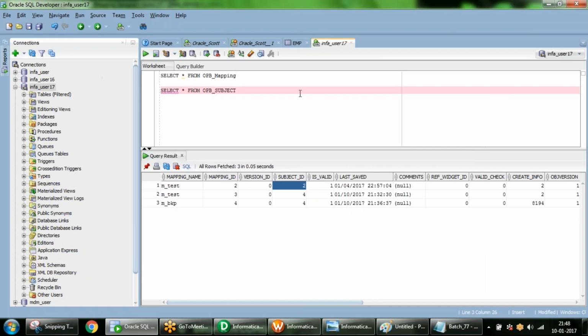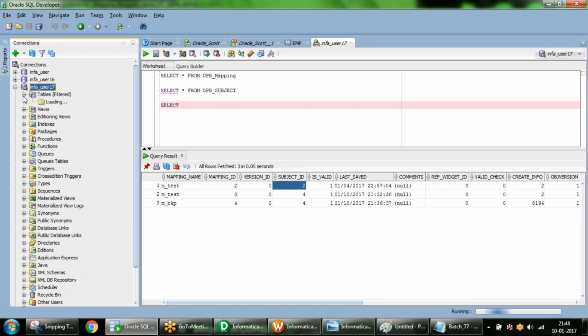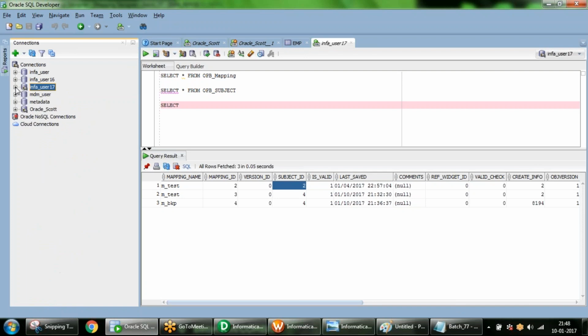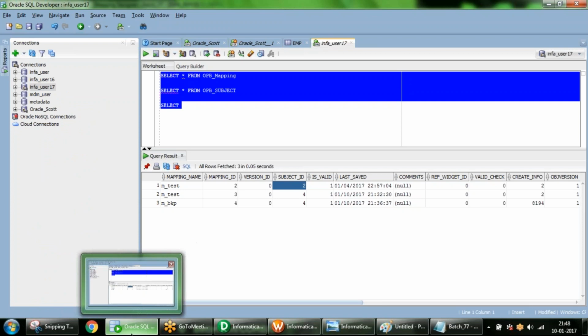In the same way, as I told you yesterday, whatever you do, if you import a source definition, it will have an entry in one of the tables. Each and every click will have an entry in the repository tables. So like this you can play with all these tables. It's backend metadata actually. You are not going to do anything with this in real time. Maybe if you are an Informatica admin, or into that level, then you may be involved.